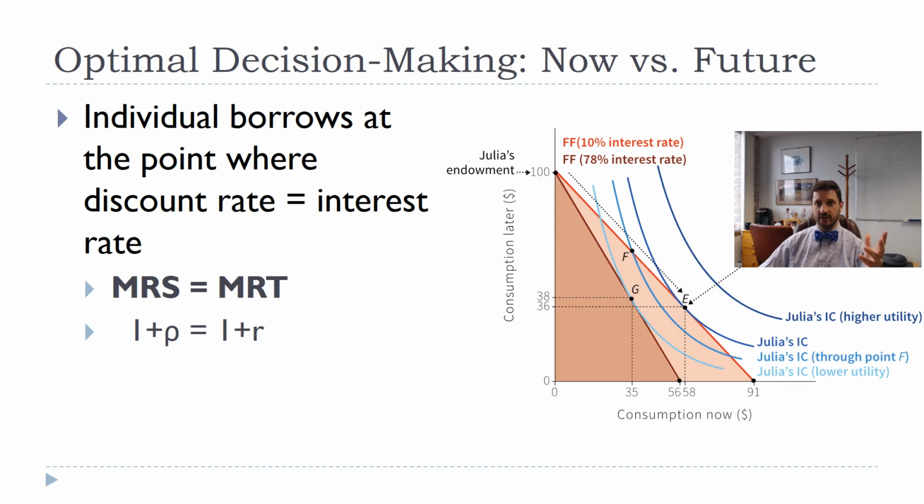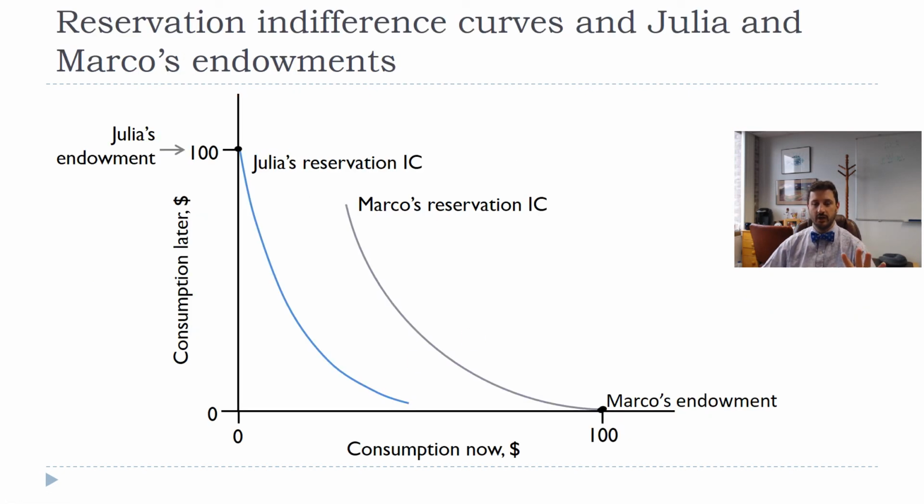So the optimal decision here, when we're thinking about borrowing, is that we can set the marginal rate of transformation, which we know is 1 plus the interest rate, equal to 1 plus the discount rate. So that just gives us a nice, easy, quick formula: the slope of the indifference curve is just 1 plus rho. And that could change depending on where we are, but it's a nice, easy thing to remember. All right, we'll stop there, and we'll pick up the other side of the coin, because if someone is borrowing money, then someone also must be lending money, and so that's going to be Marco in our